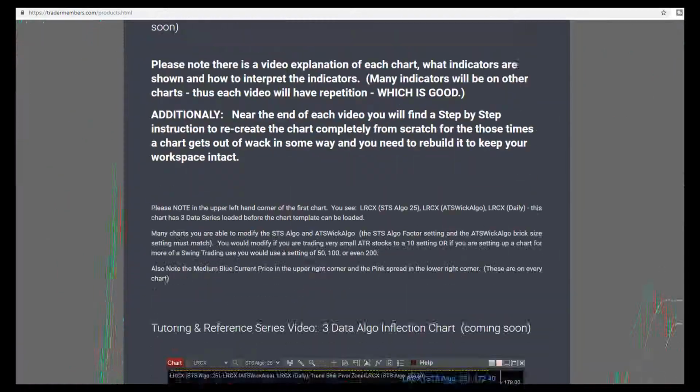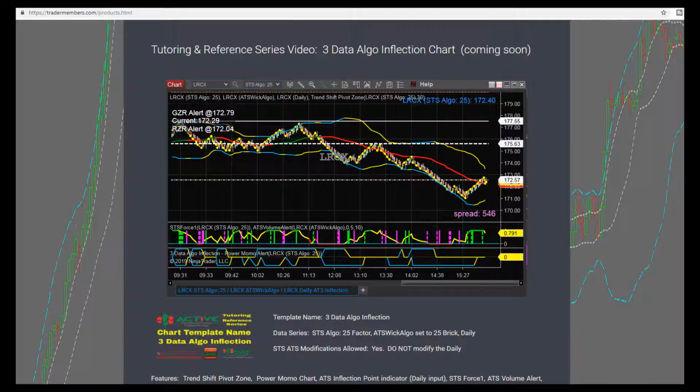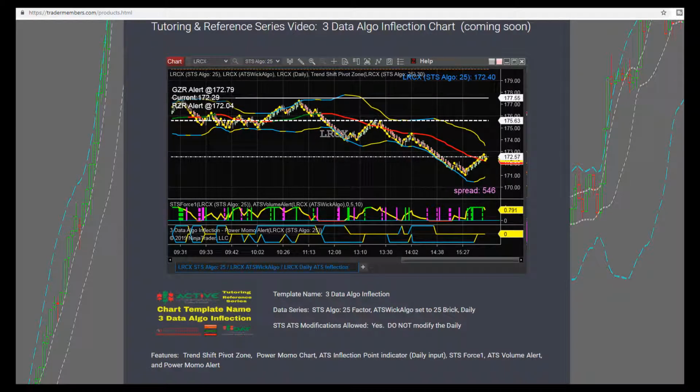We have each chart outlined, each template. We have a different section for the futures charts, and we're taking each chart one at a time and showing all the indicators that are on the chart, telling a little bit about what they tell you, showing you where the scanners are located to scan for the inflection points that are shown on these charts, as well as at the very end of each of these